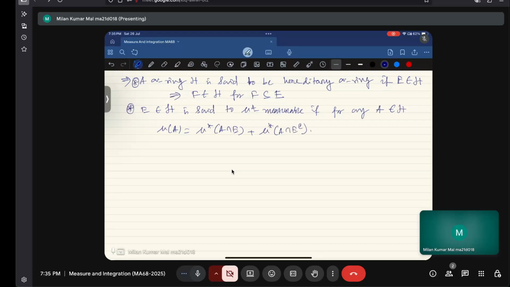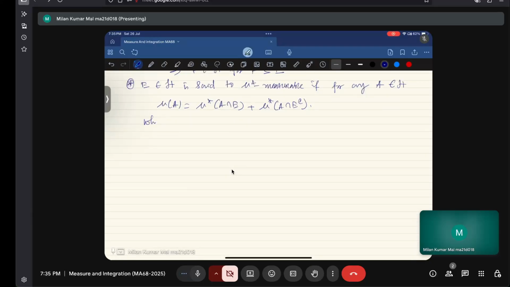Okay, this is what it means to be mu star measurable, which is equivalent, because the additivity is there, to